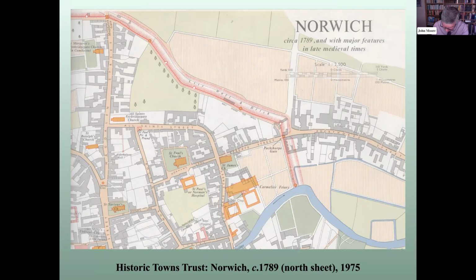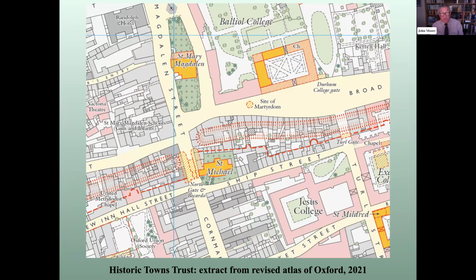When Mary Lebel died in 1993, she left a considerable part of her estate to the Trust. Twelve years later, in early 2015, the Trust, now the Historic Towns Trust, became a charitable incorporated organisation, and the administrative structure was reorganised under an executive steering committee. Since then, its work has accelerated sharply with the publication of four new reformatted atlases for Windsor and Eton, York, Winchester and Oxford. This is an example from the Atlas of Oxford.